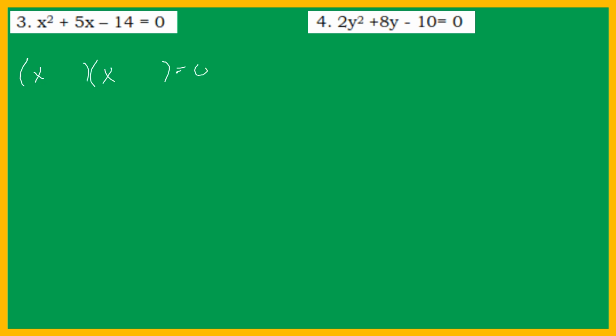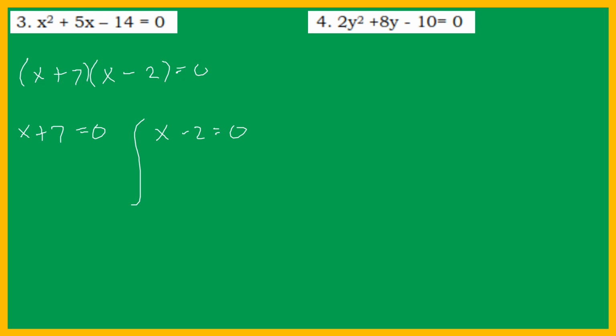And then, factor negative 14 na ang sagot ay 5x. Since negative siya, isang positive at isang negative. So, the factors of negative 14 na kapag inadd natin 5 is 7 and 2. And then, equating all the factors into 0, we will have x plus 7 equals 0 and x minus 2